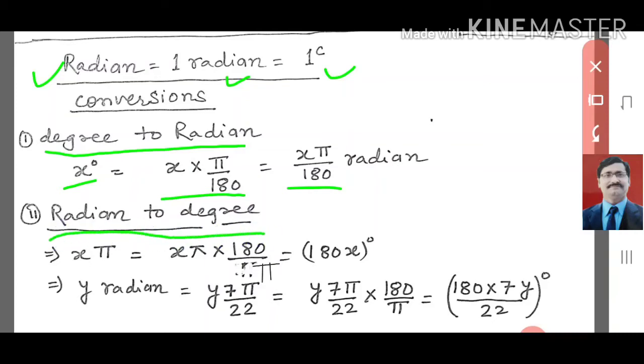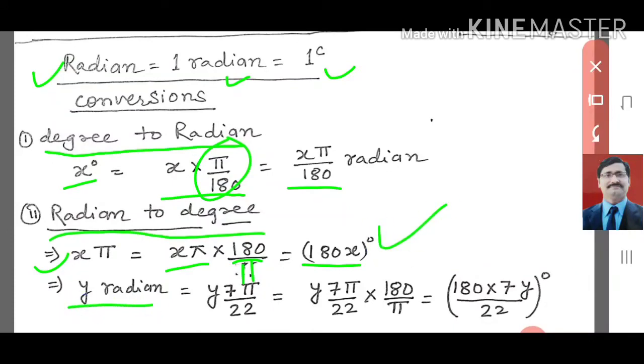Now radian you have to change into degree. Look here, if you have x pi, radian may be given in the form of pi or may be given in number format. So if you have a pi, there is no problem. That time you have x pi, you have to multiply by 180 upon pi. Pi cancels, and you get 180 into x degree. So it is very simple: for degree to radian, you multiply by pi by 180, and for radian to degree we multiply by 180 by pi. So you will get this degree.